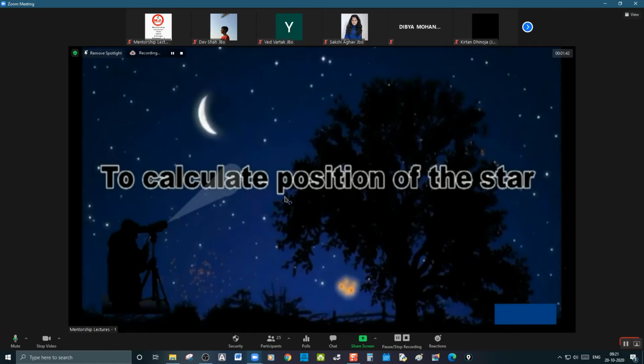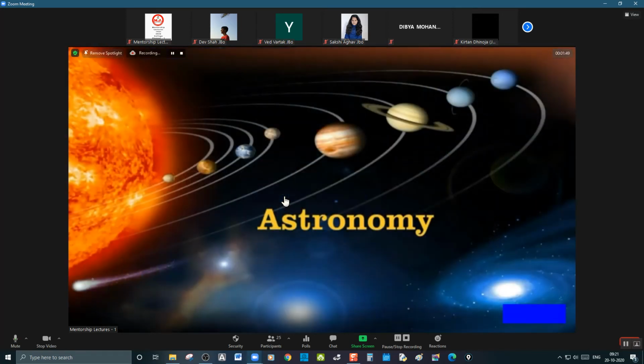I have collected these pictures here. To calculate the position of the stars also, differential calculus is used. Similarly, in astronomy, if you take the sun, or some Mars has come very near to Earth, or some moon has come very near to Earth, like that you see in the news. Then how does it happen, and how do they know that it has come very near to Earth? And when they are revolving in the orbits,